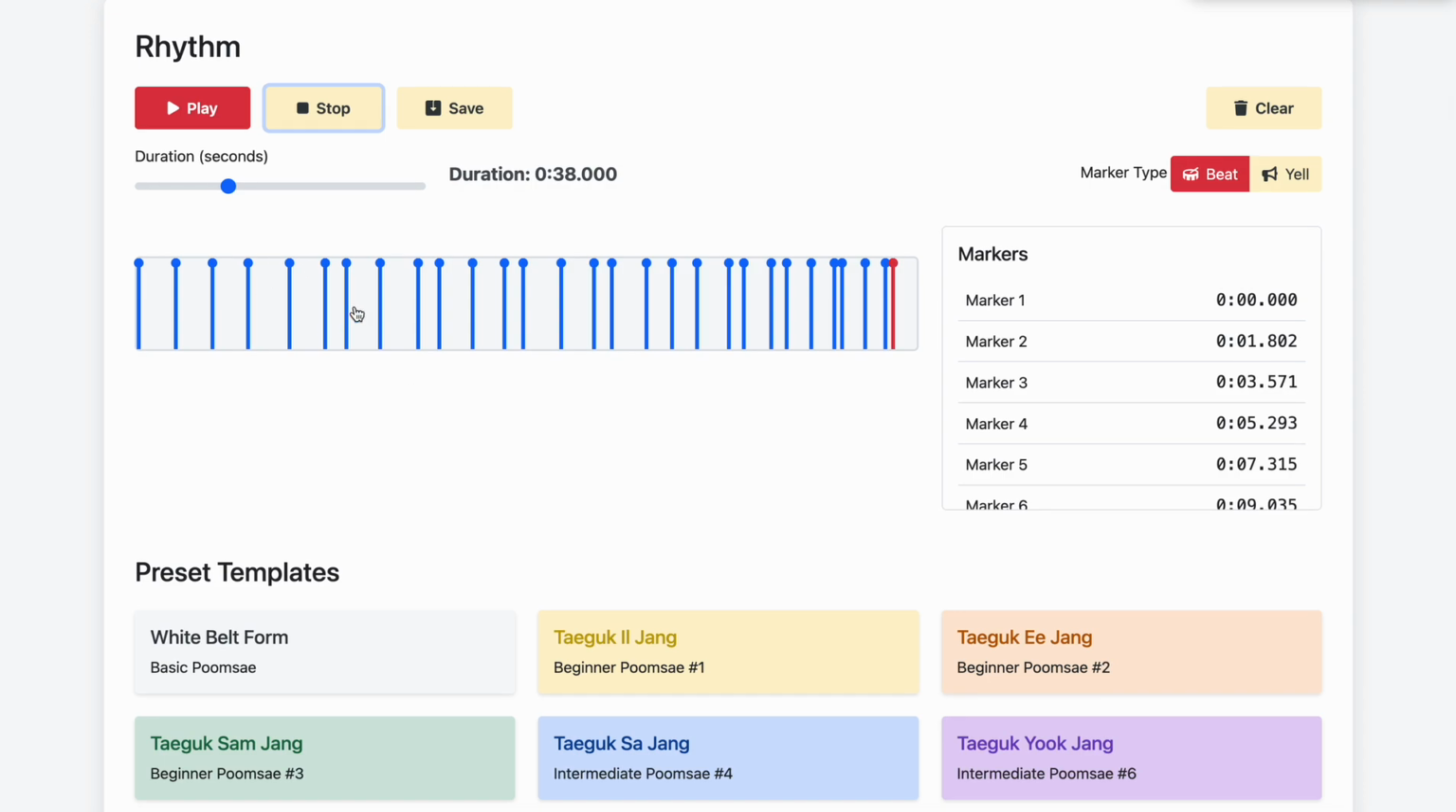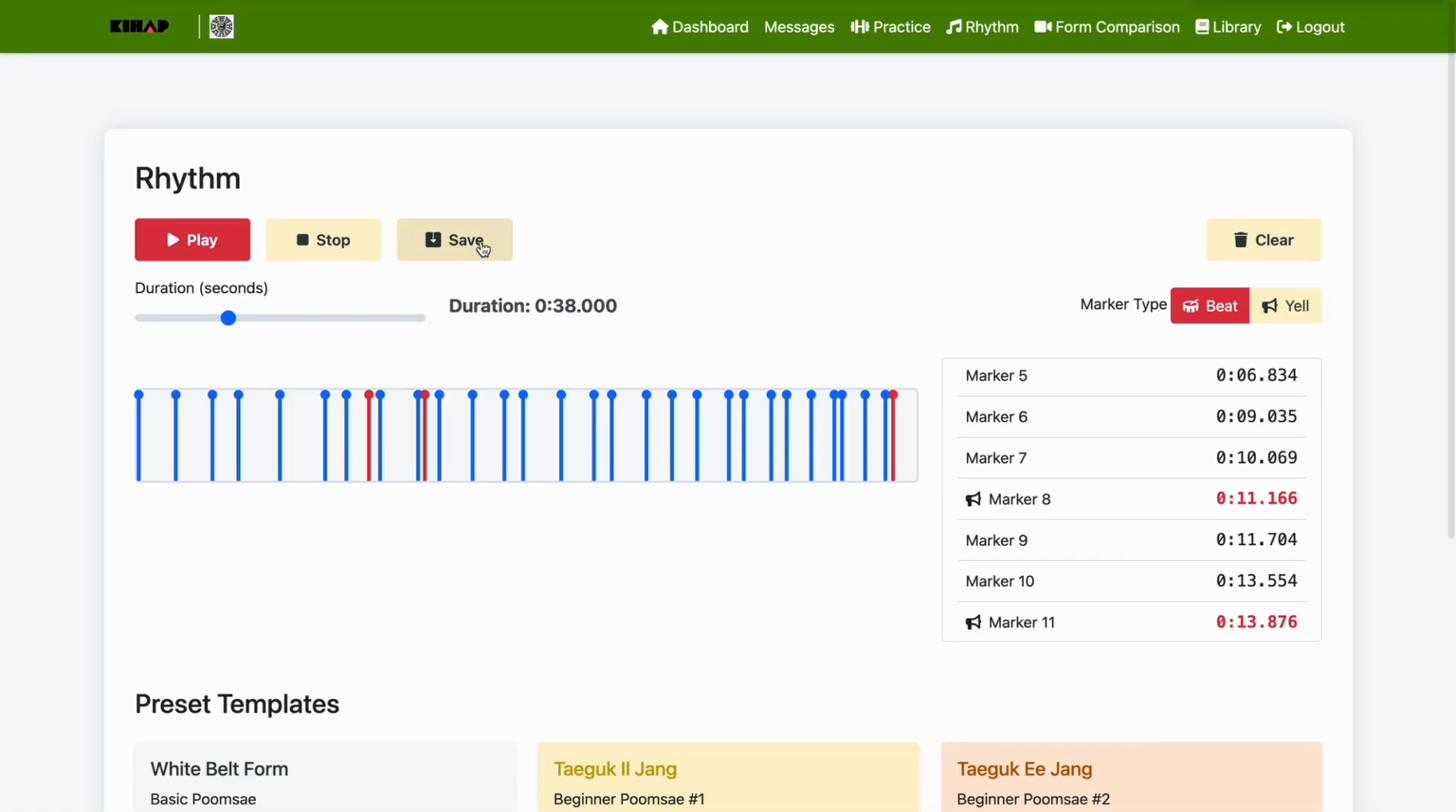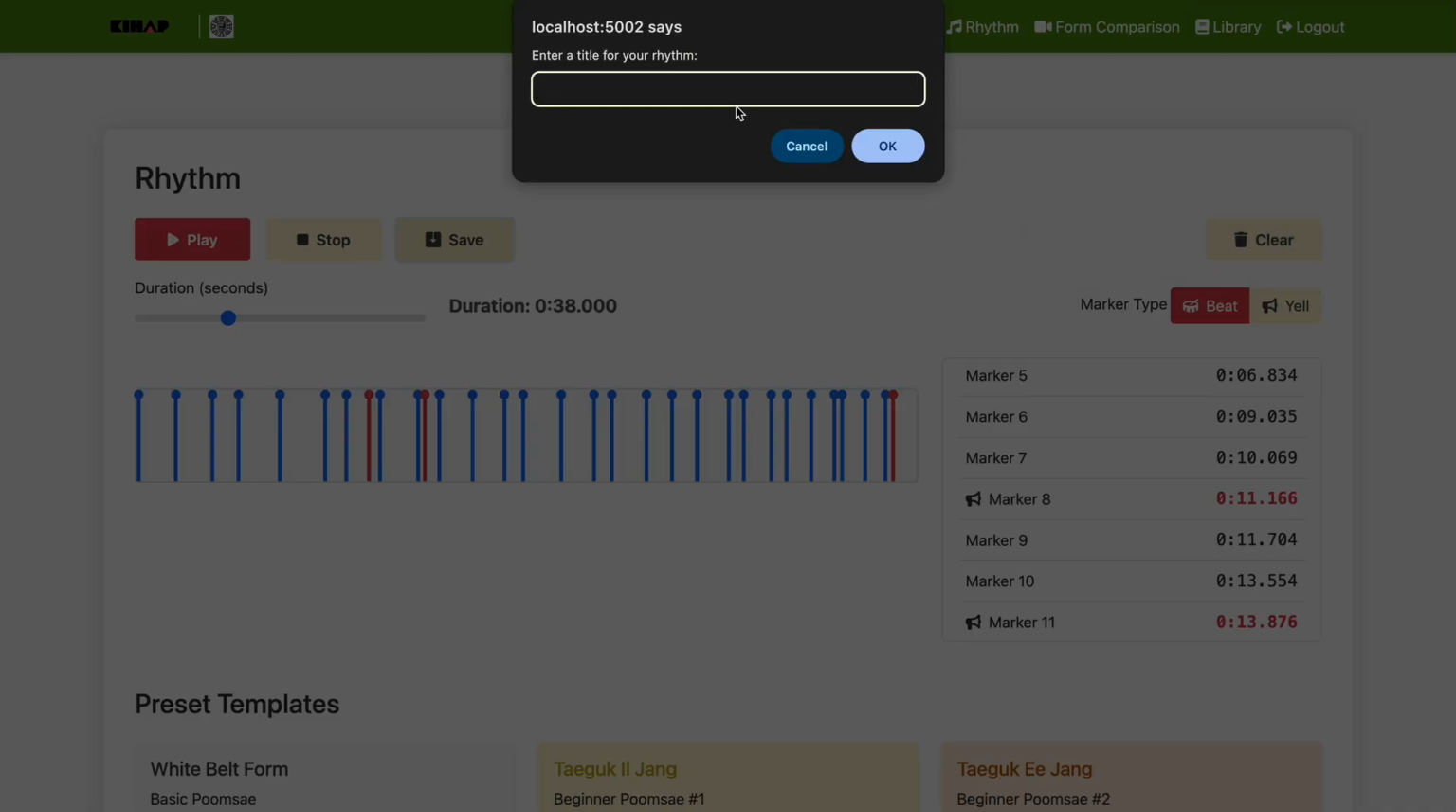You can also still customize this even though it's a template, so I can move things around however I please. And I can add more markers as well. Yes, so once again, I can save. Since I changed this one up, I can say,